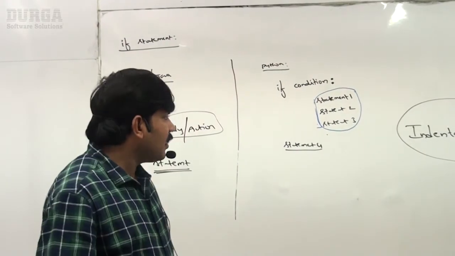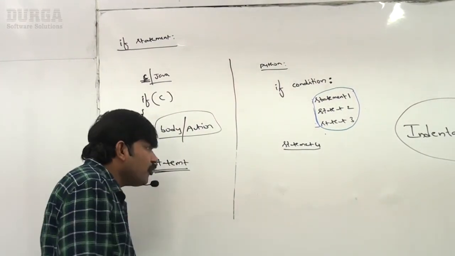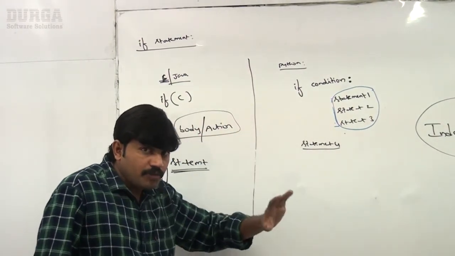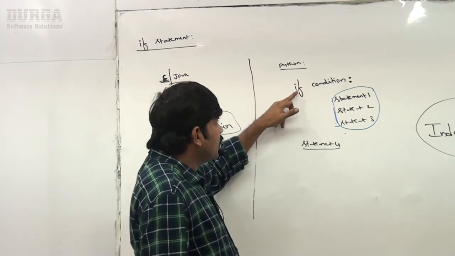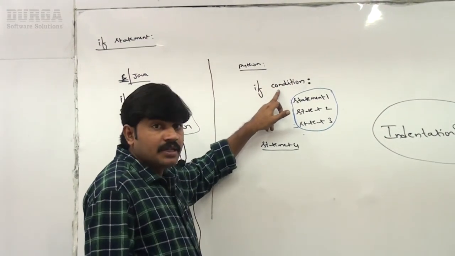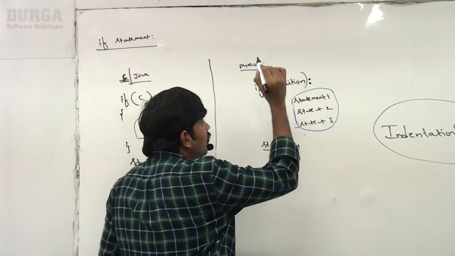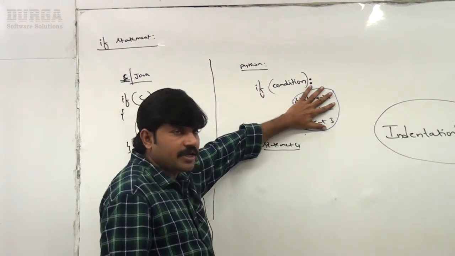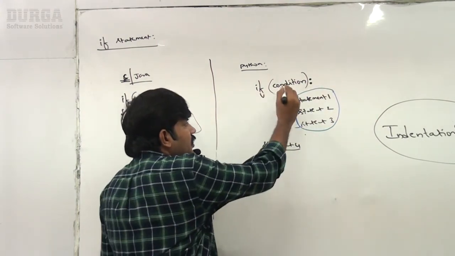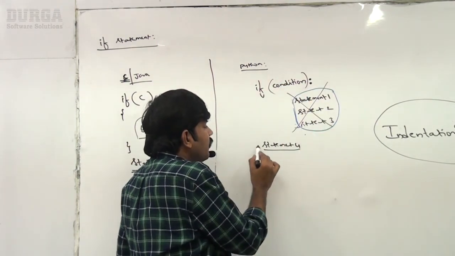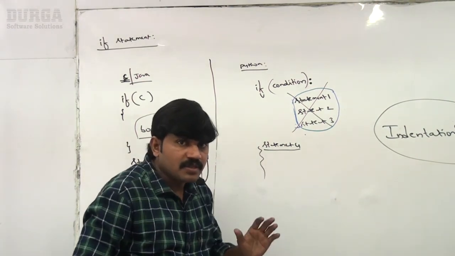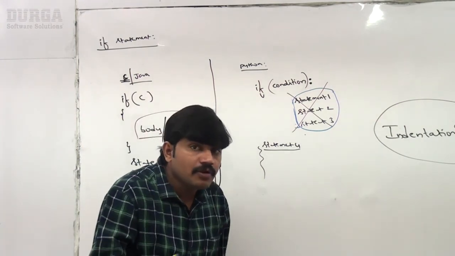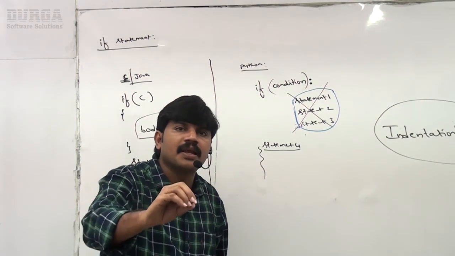Now let me go for a simple example. What is the syntax for the if statement? Very simple: if this condition is satisfied, here parentheses are optional, you can take them or ignore them, execute this statement. If the condition is not satisfied, then without executing this statement, it continues with the remaining statements. This type of syntax is considered an if condition, right? I will go for a small example so that you can get much more clarity.